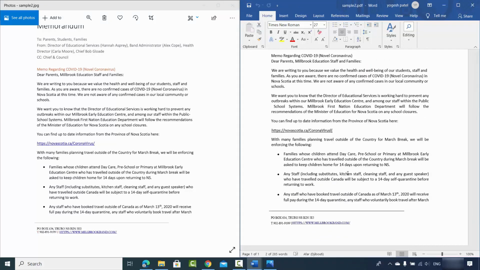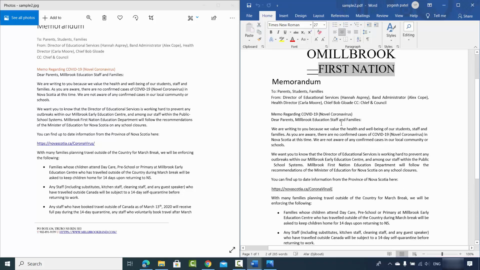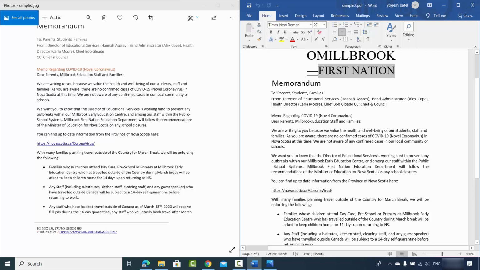So Word can convert your image to a Word document very easily, and it's very powerful, and it's the best way of converting your text image into a Word document, and then you can use this Word document to edit the text or use it somewhere else. So in this way you can convert your images into a Word document.